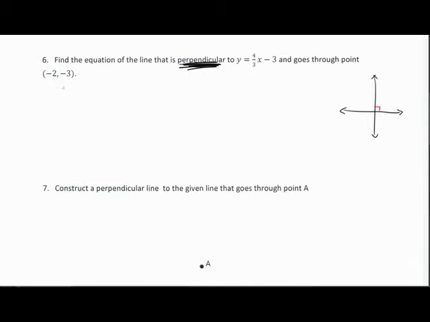So first thing we need to know is go back to what a parallel line is. We know that a parallel line, the slope needs to be the same. For a perpendicular line, our slope needs to be the opposite reciprocal. So you might be wondering, what does that even mean, opposite reciprocal? So opposite reciprocal,